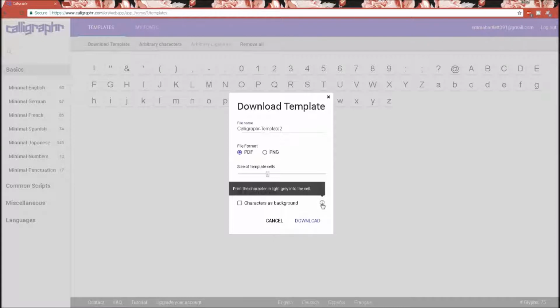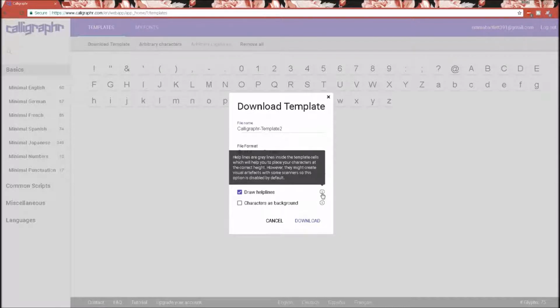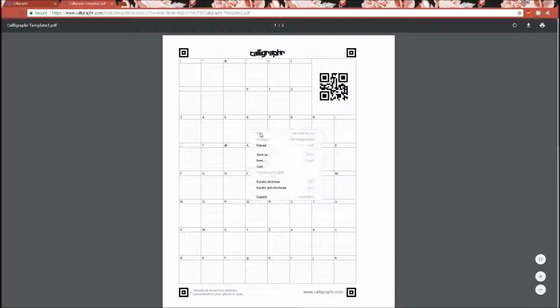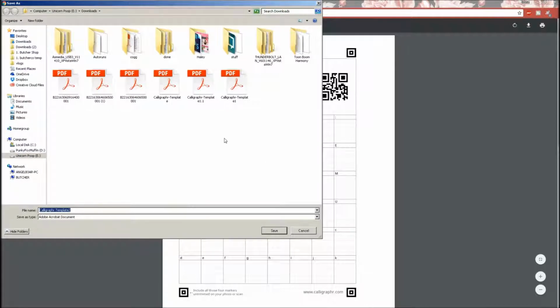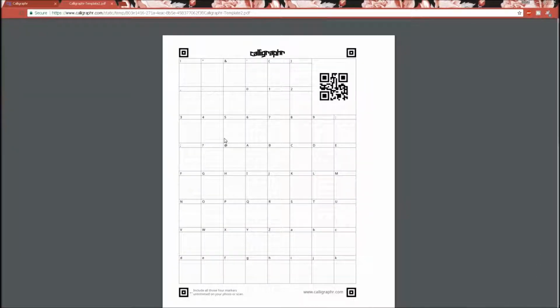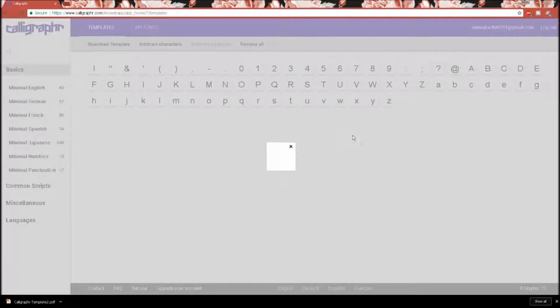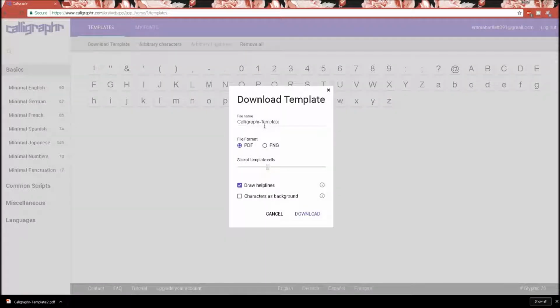You can change the size of the square templates and have it so that you can see characters in the background, but I didn't want any of that. And then you click on the actual download template button and it will give you the download. So you can see here I did end up saving it as a PDF, but I wanted it as a PNG so that I could put it into Photoshop and edit it that way. So I go back and change it to PNG and then download it again, save the file,